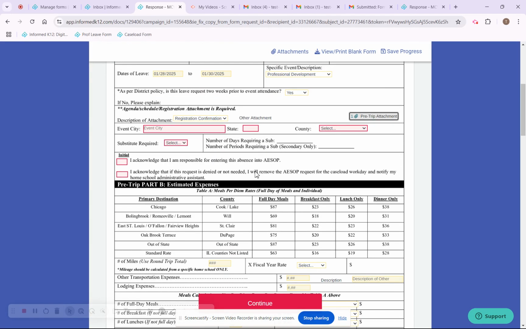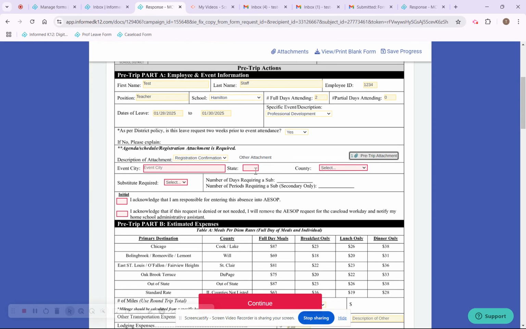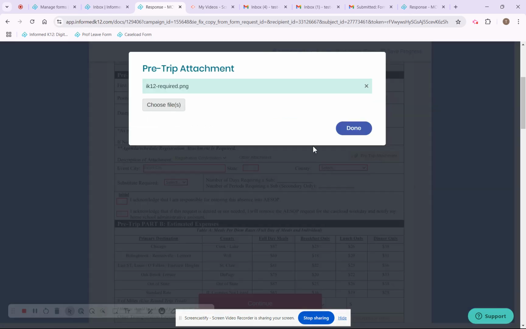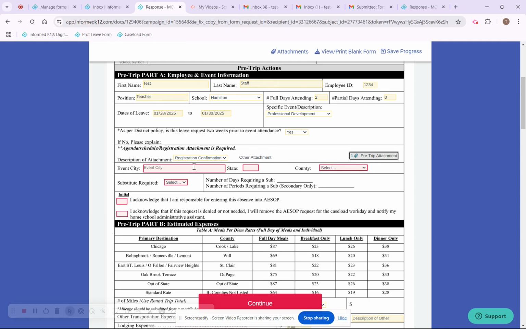There'll be another opportunity. Now, if there's multiple attachments that are required from the staff, they can just click this again and then have another option for choose files. So they can click as many times as they need to attach all the files required for this. I'm just going to say this is in